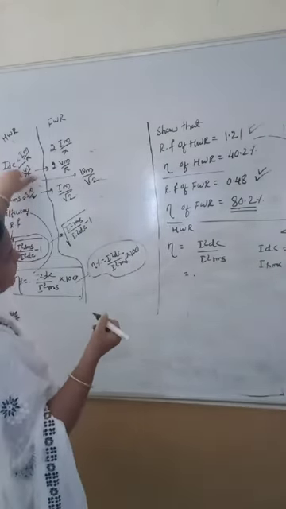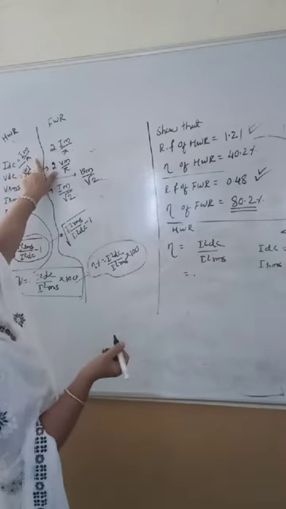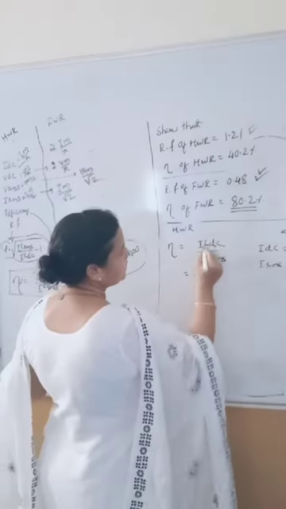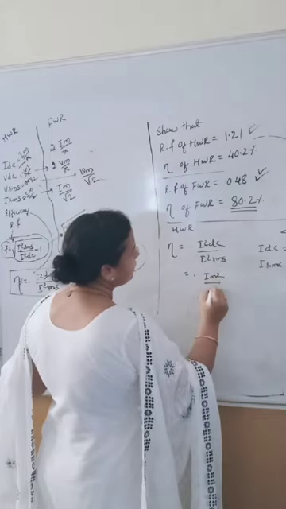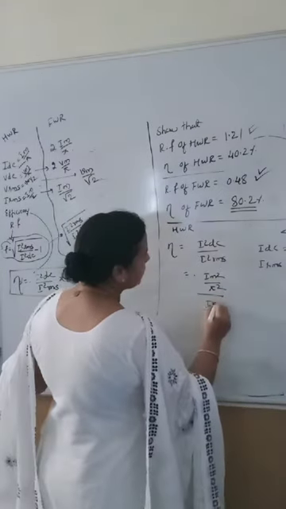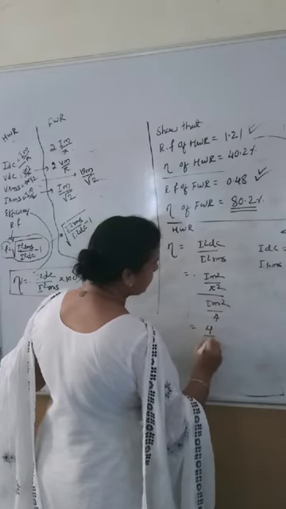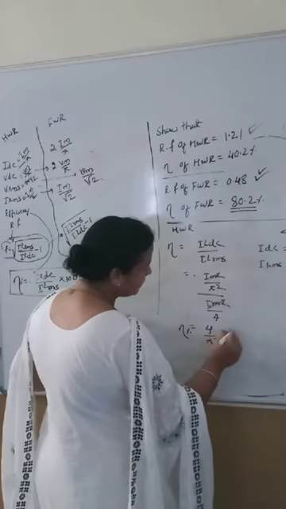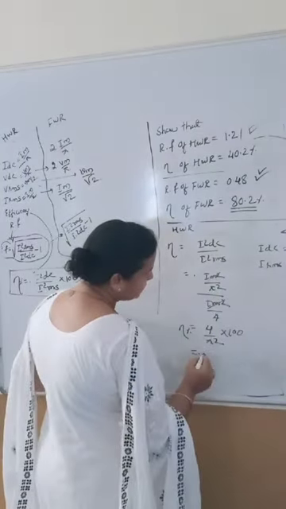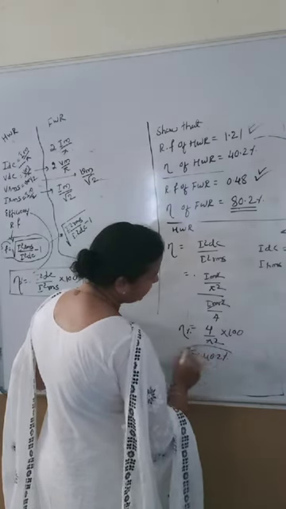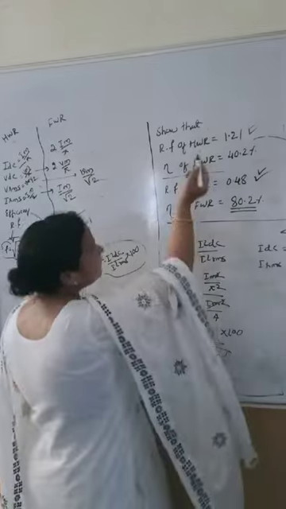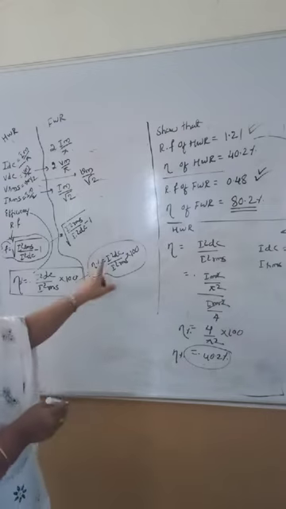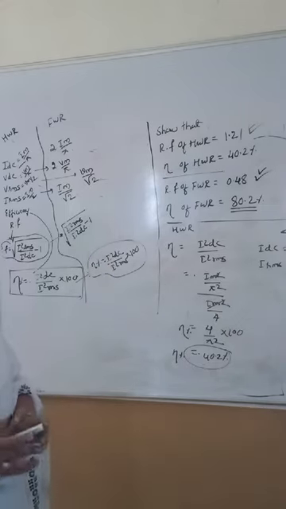For the half wave rectifier, IDC is Im by pi and IRMS is Im by 2. Just substitute these values. Im square by pi square divided by Im square by 4. It is going to be 4 by pi square. Im will cancel. If you consider this in percentage, take 100. You will get 40.2%. Somewhere around 40% you will get. This is for the half wave rectifier. Again, it is the ready-made equation you are taking, just to substitute the values for IDC and IRMS.